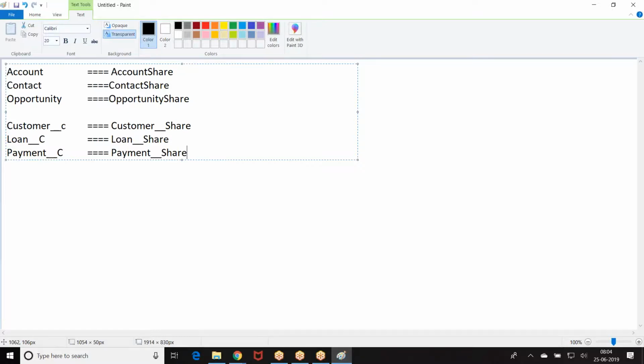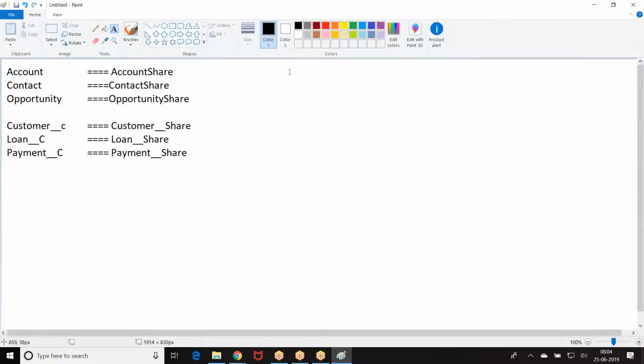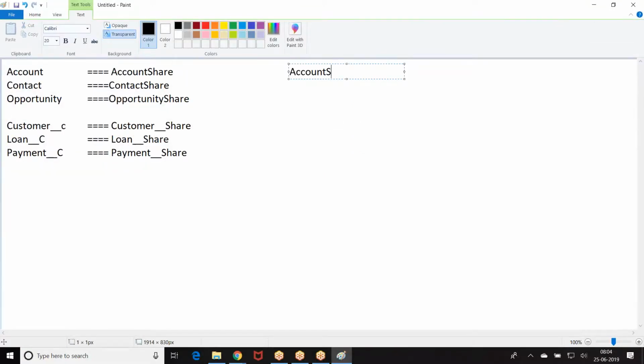If it is a custom object, customer underscore share, loan underscore share, payment underscore share. Was that clear for everyone? The next one. If it is an account object, account share. Account share is a standard object.